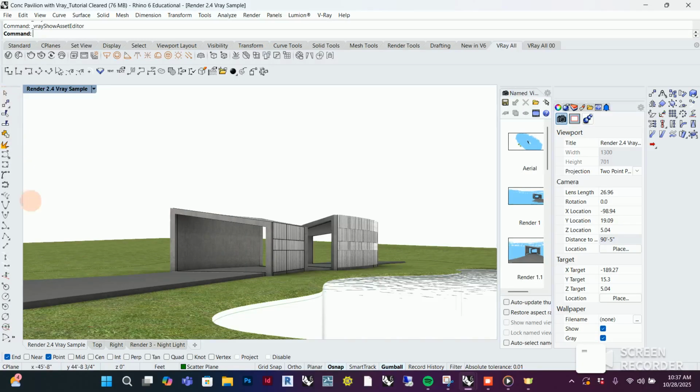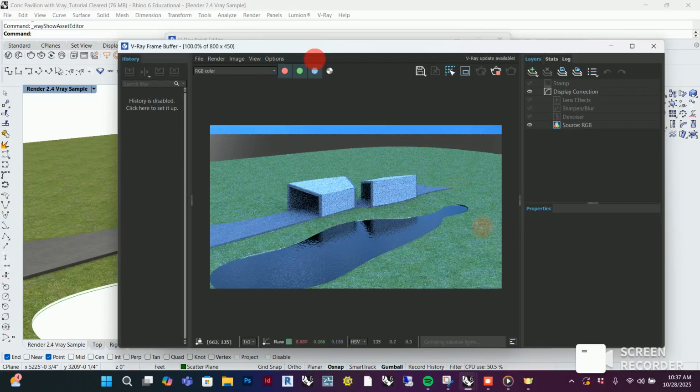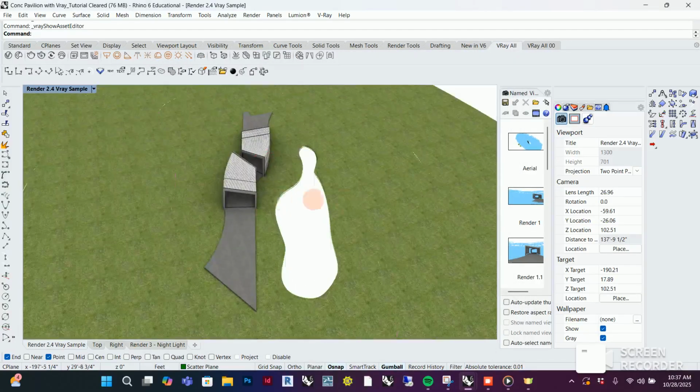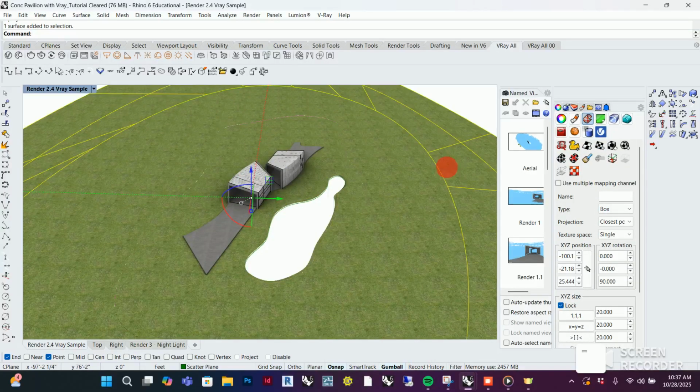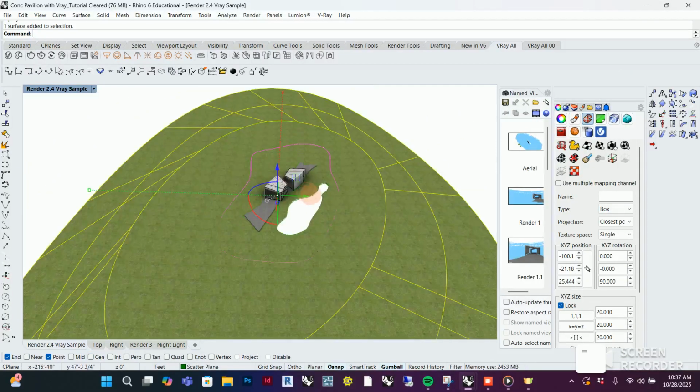Alright, so the next step in this process is going to be to add some grass. So we're going to add some lively grasses into our scene here. And in this image here, what you'll notice is all of these models, they're actual little models that come in. They're all individually placed, but we can do it in a pretty efficient way by using what's called a scatter plane. So V-Ray is a cool tool where you can import